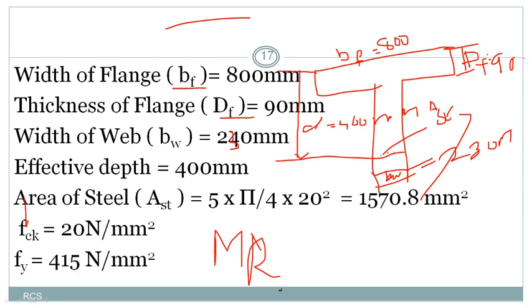Type 2 is also there, when the material properties, sectional properties, and span of the beam are given, and we are asked to calculate the area of steel provided, the maximum load it can bear, and the maximum moment of resistance. It is an analysis problem, but it is type 2. Those problems we will discuss in the next class; in this class we will discuss only the type 1 problem. With respect to this data, you need to calculate the moment of resistance, clear?